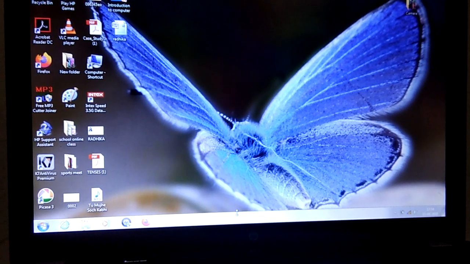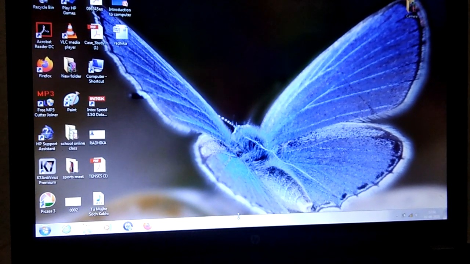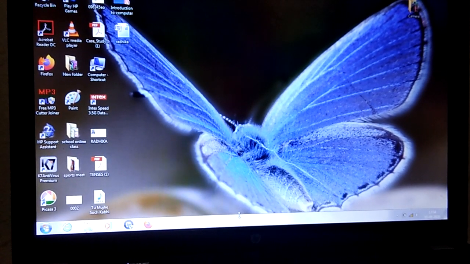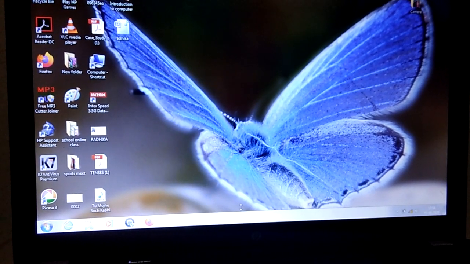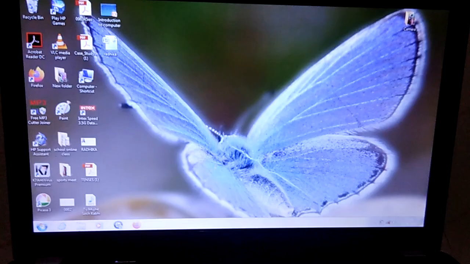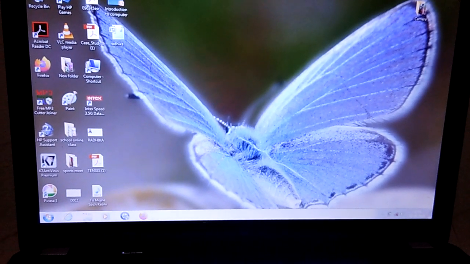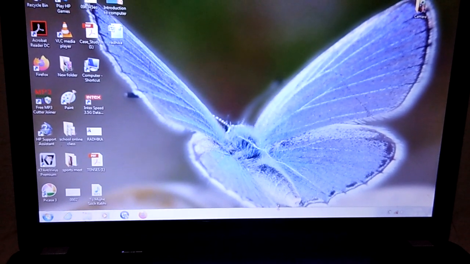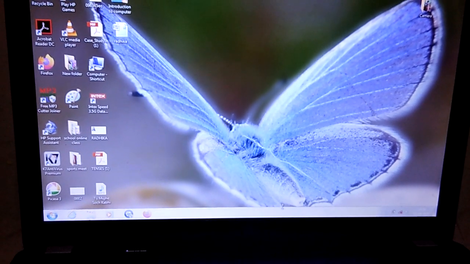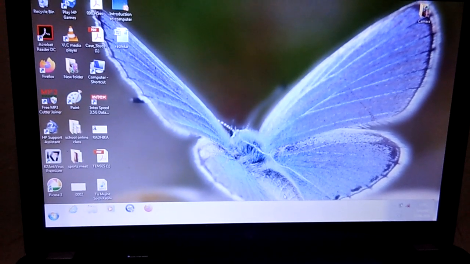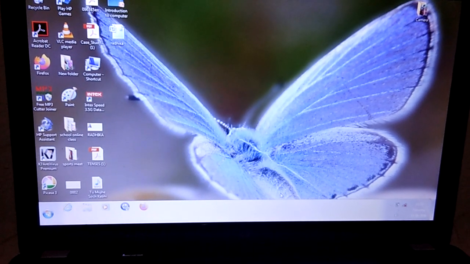The double-sided arrow appears, and after that press the left button of your mouse and drag your mouse. Now the size of the taskbar changes.